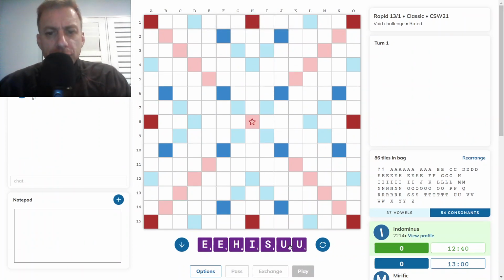I have 2 U's and a duplicate E, which isn't as bad as the 2 U's. So I'll be looking to try and get rid of both if possible. But I certainly...